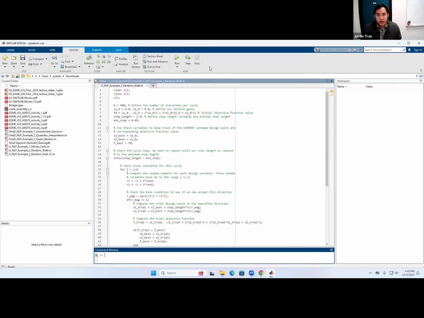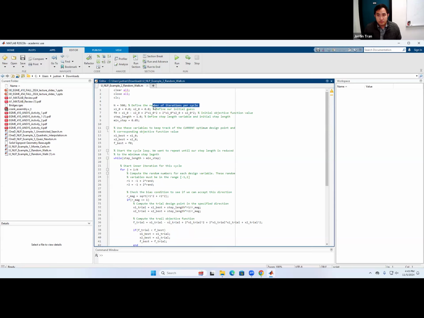Our first step here is we need to define our initial guess. That's what this line of code does. We're saying that x1 underscore 0 and x2 underscore 0 are both set to 0, because we are setting our initial guess to 0. Next, we need to define all the other parameters of our algorithm.